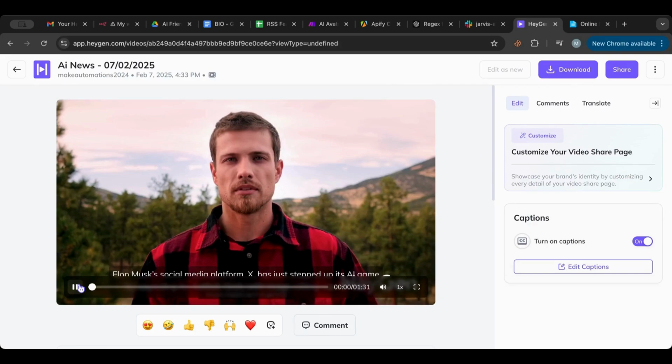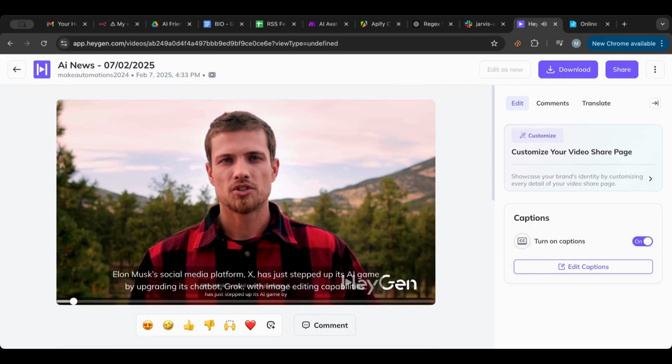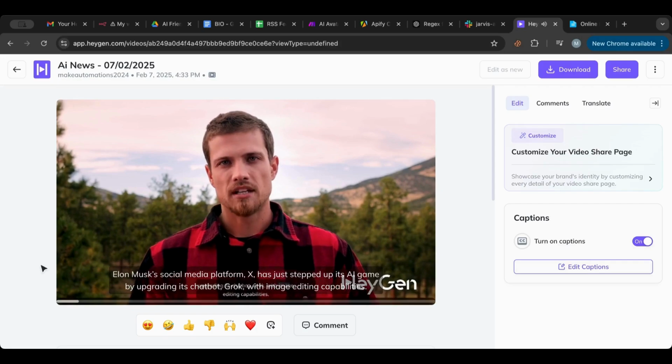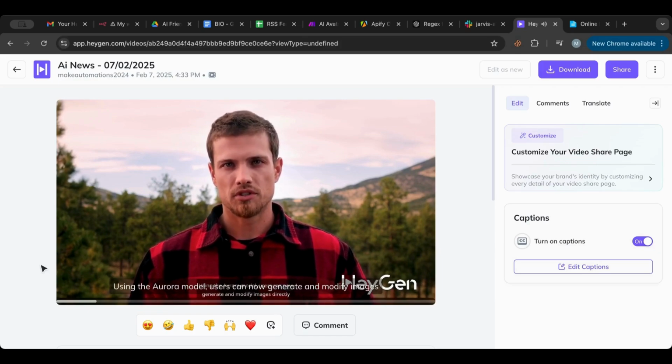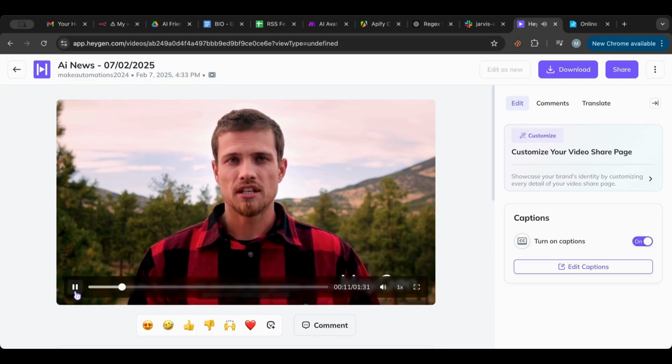Elon Musk's social media platform, X, has just stepped up its AI game by upgrading its chatbot, Grok, with image editing capabilities. Using the Aurora model, So as you can users see, can now generate this has a caption, the video exactly